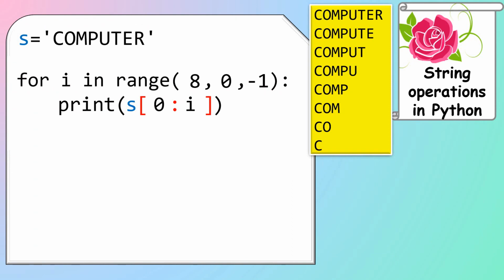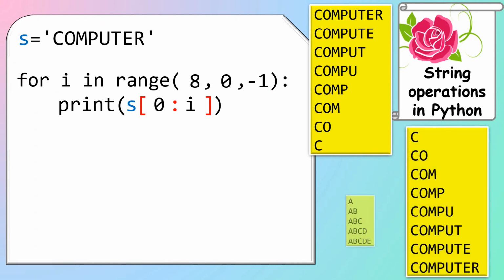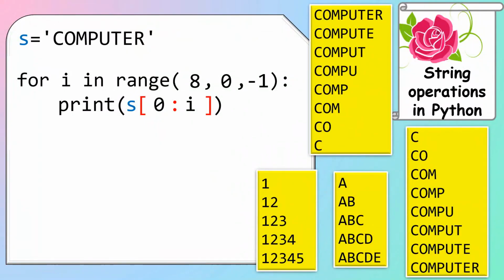There are other string patterns also like this. So you take any string pattern, you can use this model to generate the output. Only you have to change the values of the range function. You have to give the parameters start, stop and step values correctly in order to generate the desired string pattern.